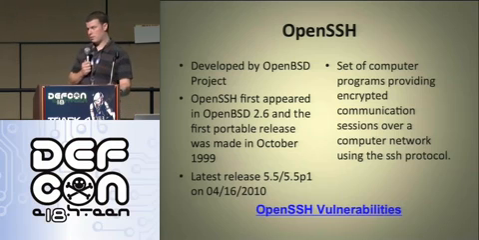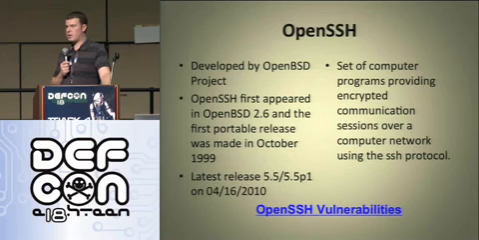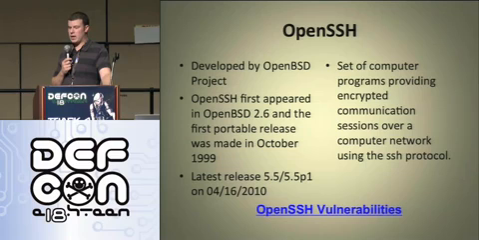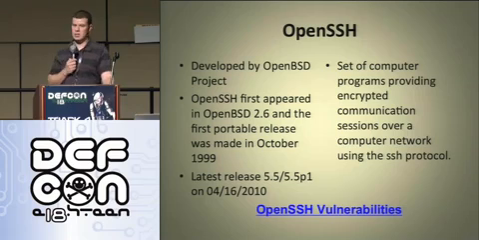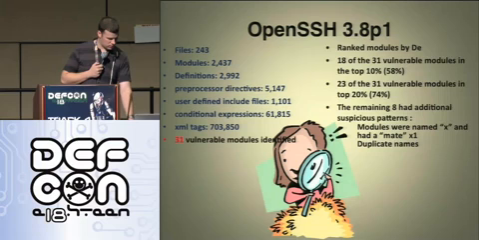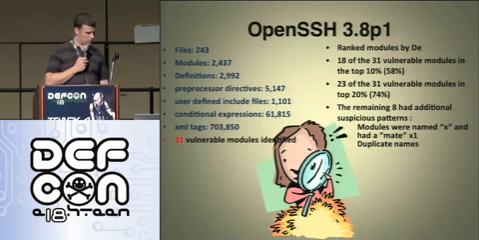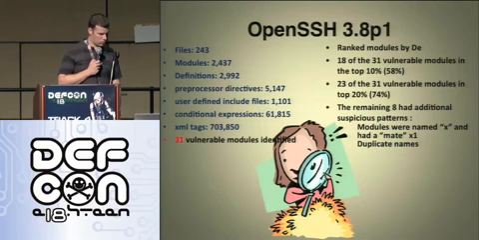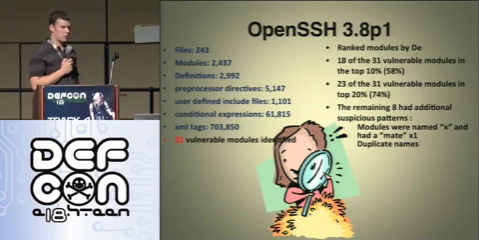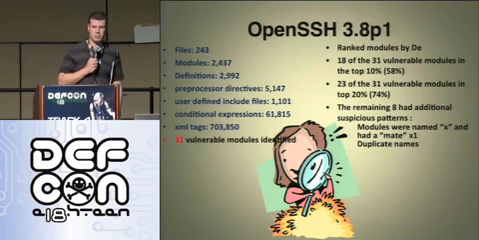So what we ended up finding is that if you're going to analyze web browsers, you would want to give more weight to the DSM than to anything else. OpenSSH, everybody knows what that is. And we had 3.8p1, 31 vulnerable modules identified. 18 of the 31 vulnerable modules were in the top 10%, which is, again, pretty good.